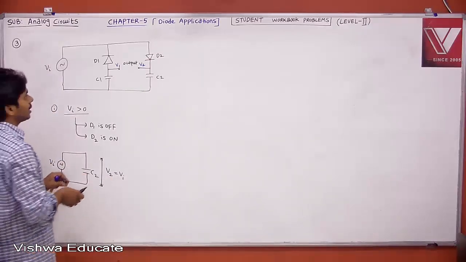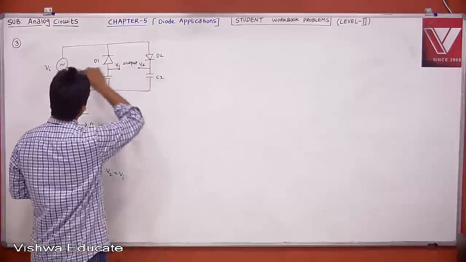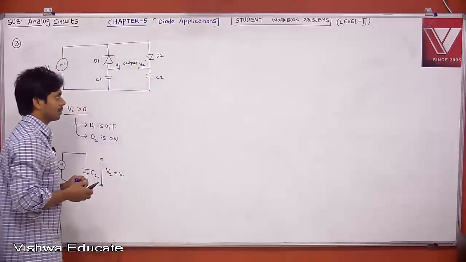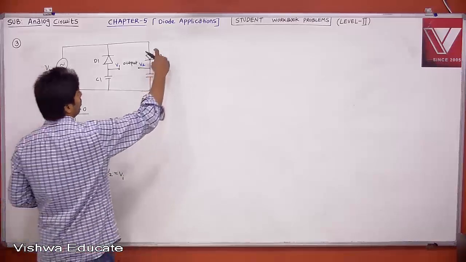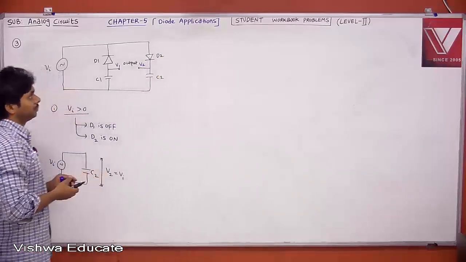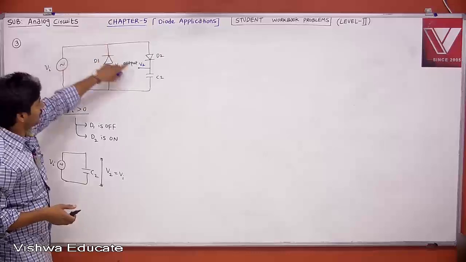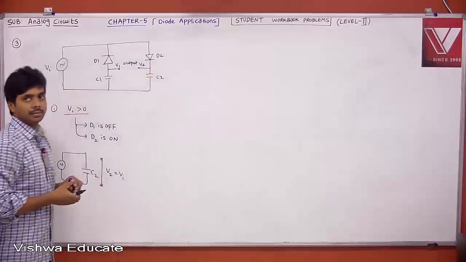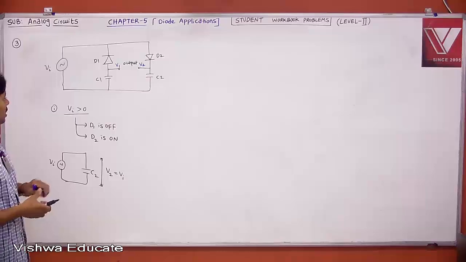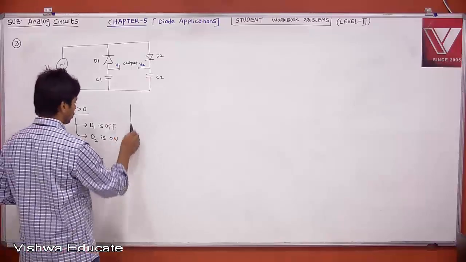If I neglect the on resistance or take an ideal diode, then the voltage will be charged across your capacitor, provided the voltage drop across your diode is greater than 0. Therefore, with Vi and V2, Vi minus V2 should be greater than 0. Okay, that's fine. Similarly, when Vi is less than 0, case 2,